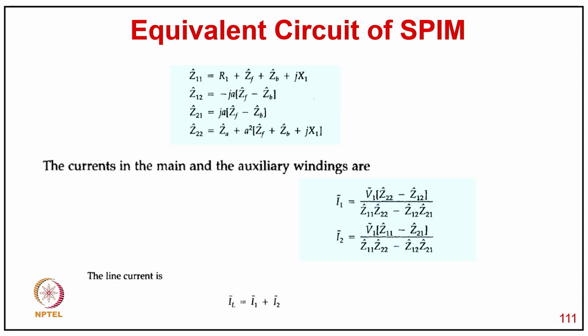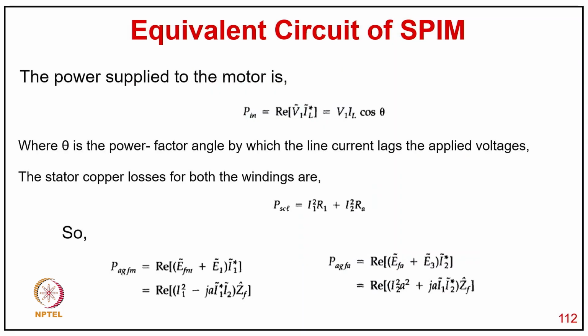I1 equal to V1 (Z22 minus Z12) divided by (Z11 Z22 minus Z12 Z21), and I2 equal to V1 (Z11 minus Z21) divided by (Z11 Z22 minus Z12 Z21). And now line current is I_L equal to I1 plus I2. And you can find out the power supplied to the motor, P_in equal to real part of V1 I_L conjugate, that is V1 I_L cos theta, where theta is the power factor angle between line current and